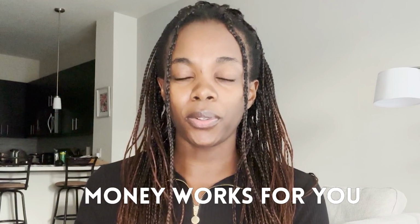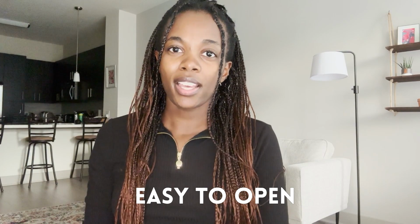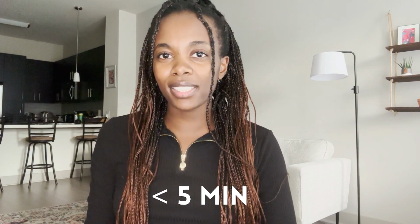The third reason is that it is passive income. With a high yield savings account, your money works for you. You can simply automate deposits from your checking account into your high yield savings account, and without any extra effort on your part, your money will grow. So you can sit back, relax, do whatever else you want to do, and you will be earning money. I really believe that this is the easiest passive income stream for beginners. The next reason is that high yield savings accounts are super easy to open. They typically take less than 5 minutes to set up, so there's definitely no reason why you can't get started